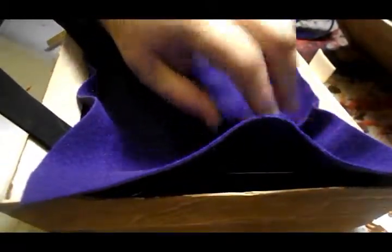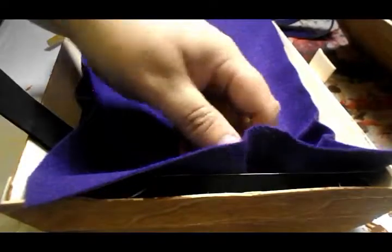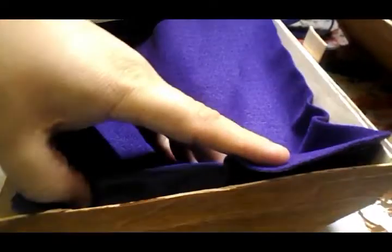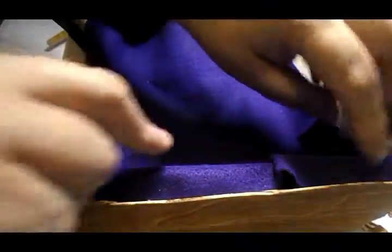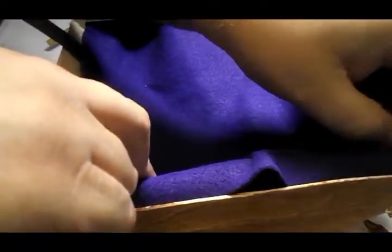Alright, now then. Let's see if we can get this in here. Then I'll have to see about getting it glued in place in these corners. Alright, we've got it cut. Now then, I'm going to have to...